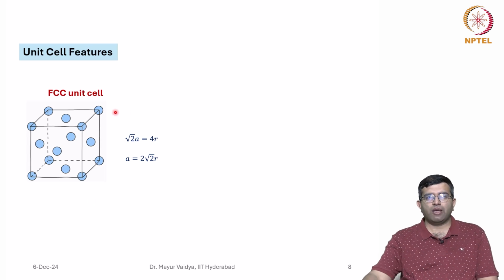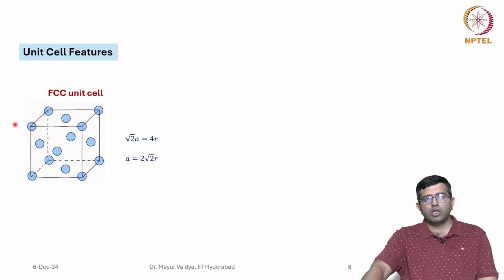For example, if you look at an FCC unit cell, along the face diagonal. FCC is basically where you have corner atoms and you have atoms at the face center. If you look at any of these face centers, these atoms are actually touching each other. You may recollect that this is how we draw the unit cells, but in reality they are touching each other. So, if they are touching each other, then this is R, this is 2R and this is R. So, this 4R becomes equal to root 2 A. Root 2 A is nothing but this face diagonal length. Therefore, for FCC, A is equal to 2 root 2 R,